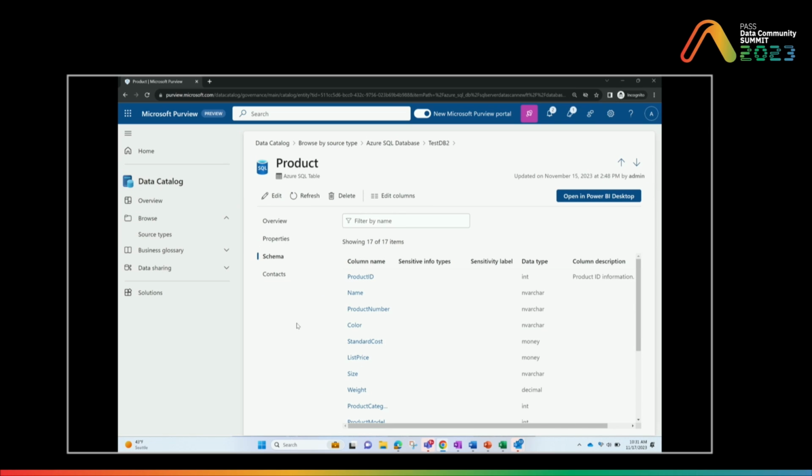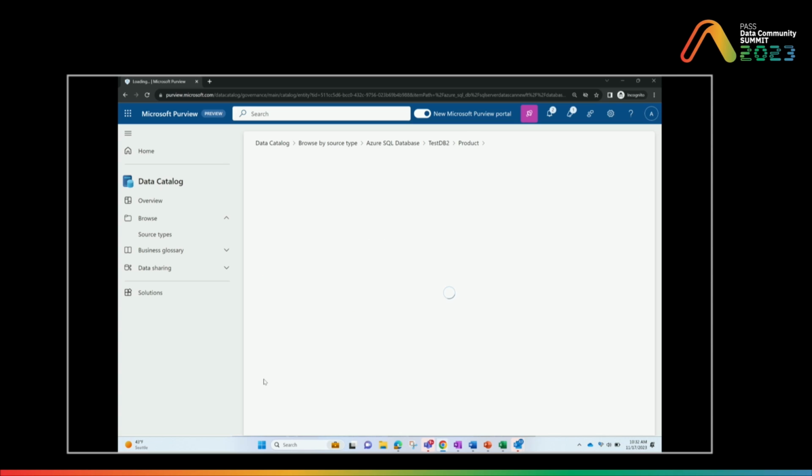OK, great. So this SQL database and its contents are available to me in this single pane of glass via the data catalog, all for free, based on my read access to this database directly on the source itself. Now, I told you at the beginning of the presentation that if I'm a reader, all I can see is the schema, those are all the columns, those are the data types, the column description, something that someone else adds. Now, if I'm an owner on this database, I can additionally add metadata to it